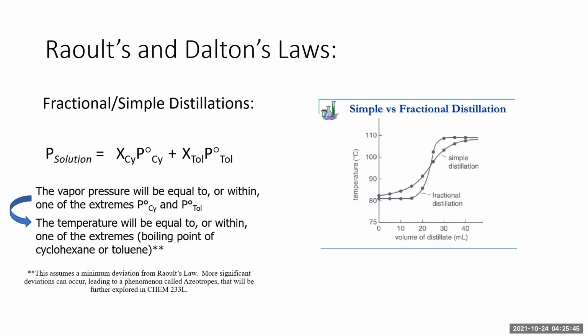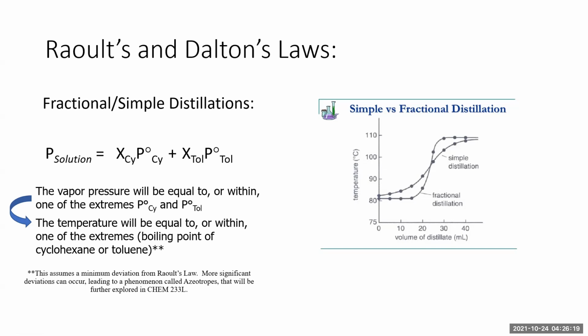When I say that the boiling point will be between those two extremes for the entire distillation, that assumes what's known as a minimum deviation from Raoult's law, which is basically this equation up here, which talks about how vapor pressure is lessened in proportion to its mole fraction. It's possible for this not to hold up with all mixtures of solutions,